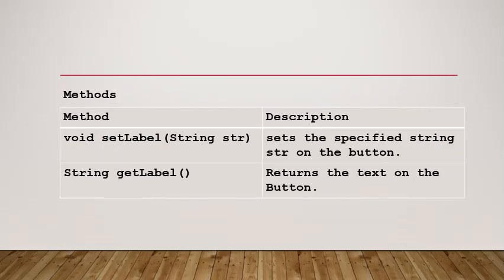The methods are: if you have created an empty button, then you can use the setLabel method, so that later on you can apply some label, that is text, on the button. And what is written on the label,